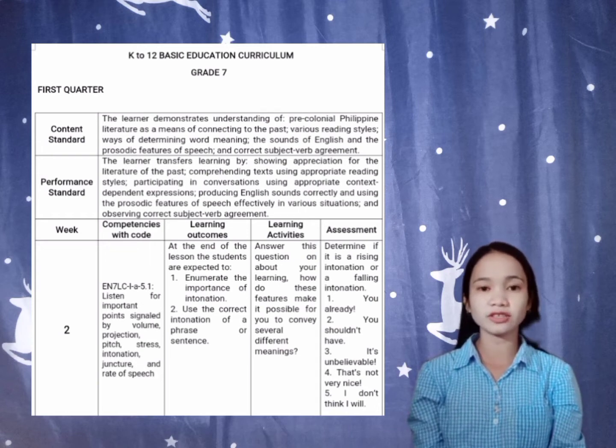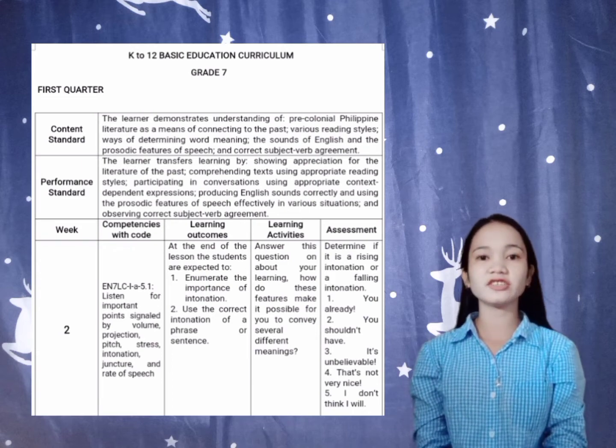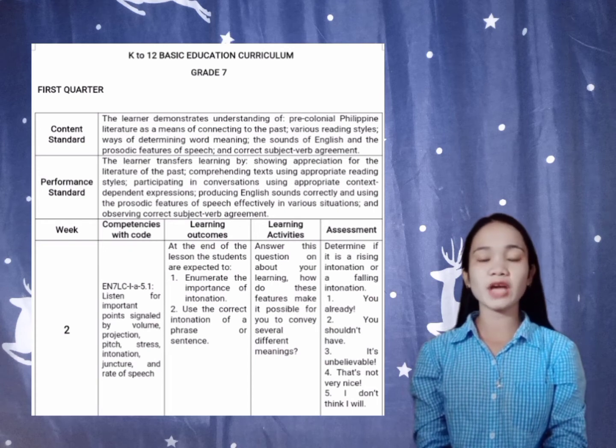First quarter, content standard. The learner demonstrates understanding of pre-colonial Philippine literature as means of connecting to the past, various reading styles, ways of determining word meaning, the sounds of English, and the prosodic features of speech, and correct subject-verb agreement. Performance standard. The learner transfer learning by showing appreciation for the literature of the past, comprehending text using appropriate